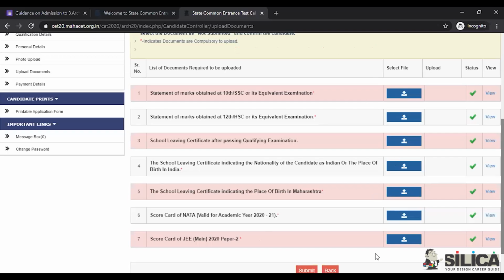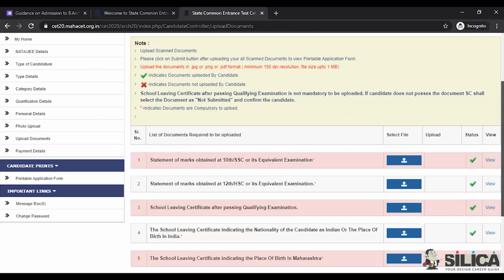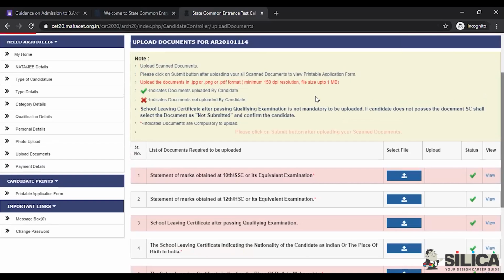So once you upload all the documents, you have to make sure that you get all the green ticks here. If in case a red cross comes, then you have to re-upload the documents, because it might be something from these instructions, like the minimum is not 150 dpi, or the file size is more than 1 MB.